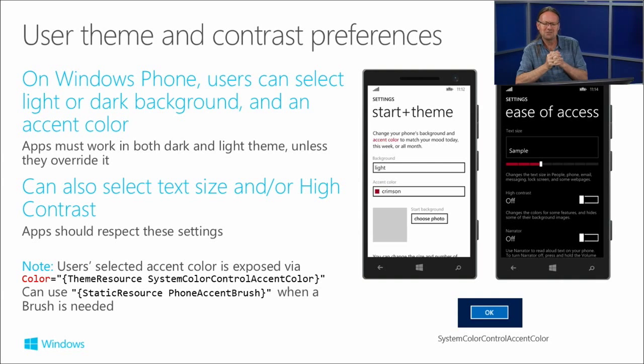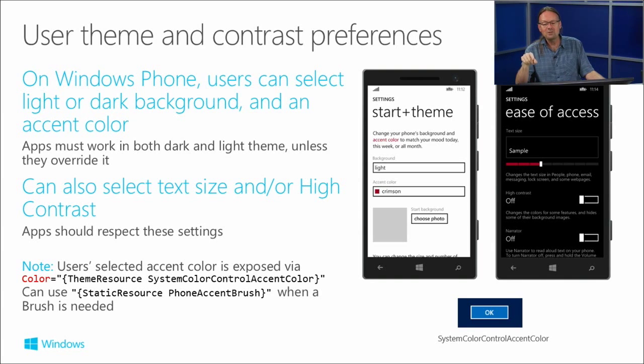I think you can actually set a theme in Windows app settings, but nobody ever does because it's one of those hidden things in the control panel for big Windows. But this is definitely something that Windows Phone users do. They can change the background of their phone to be light or dark and an accent color to be whatever they like. It's one of those things where you wake up in the morning and think, do you know what? Today feels like a crimson day. So you go crimson, and I want to have a white background. So you do that kind of stuff, and your whole phone, all the built-in colors and the apps list and everything, all changes to that, which is very nice.